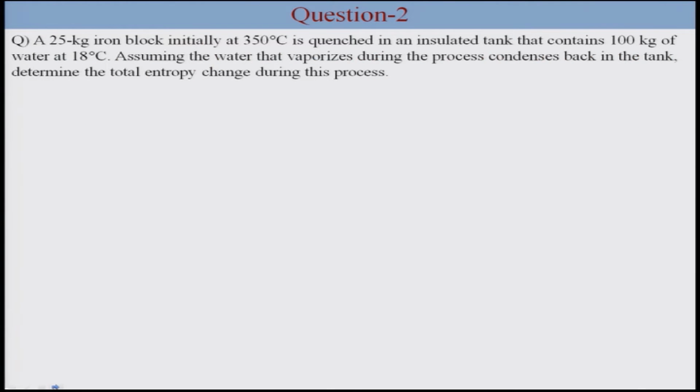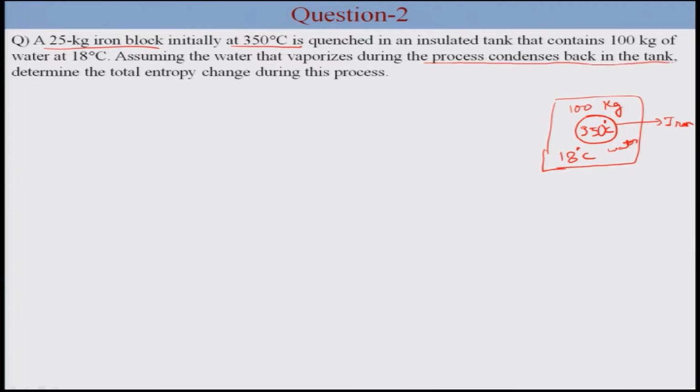Moving on to the next question. Here a 25 kg iron block initially at 350 degrees Celsius is quenched in an insulated tank. So, this is a tank which is insulated and it contains 100 kg of water at 18 degrees Celsius. So, this is water and inside it an iron block is quenched. Assuming that water that vaporizes during the process condenses back in the tank, determine the total entropy change during this process. So, taking all the contents of the tank as a system, so water and iron as a system,